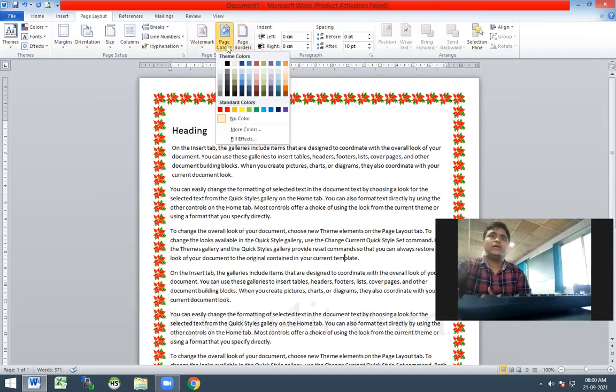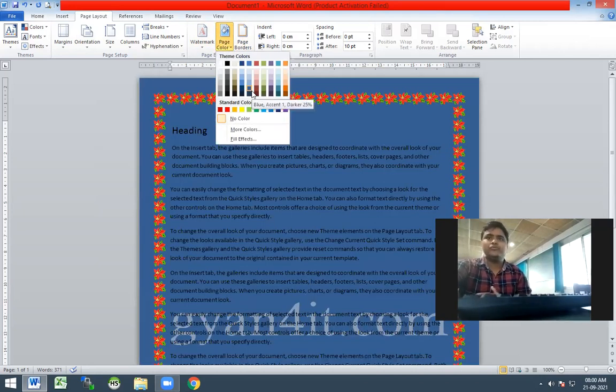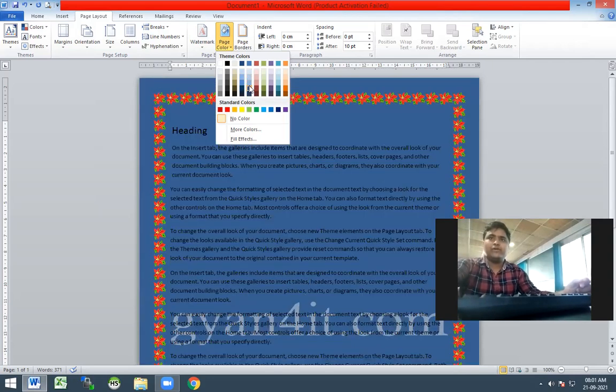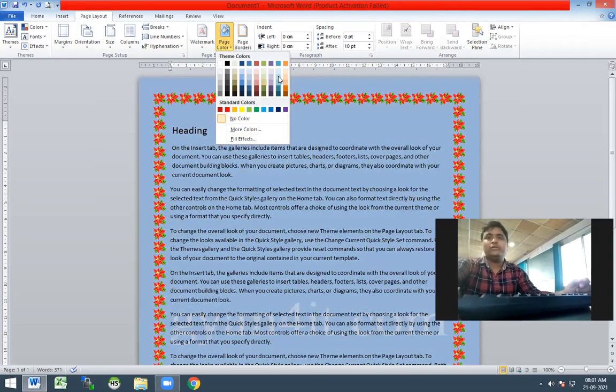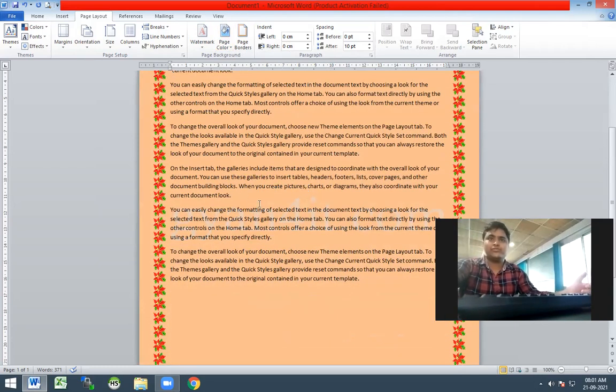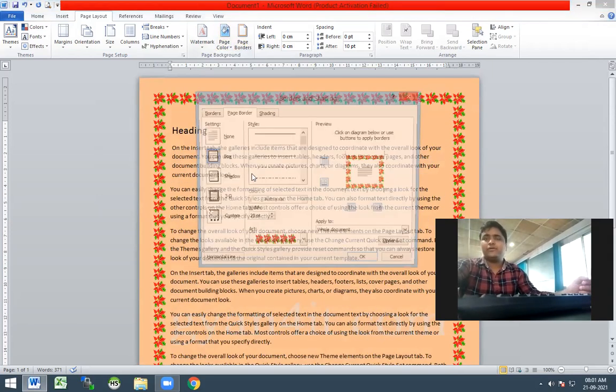Next one, the page color option. The page color option is normally used whenever you are going to design a decorative document. Otherwise, if you are working with contents like office documentation, then there is no need to do this, because documentation of the office level is generally in black and white format. But if you want to have digital documentation and going to share it over email or through other medium, then you can also decorate it using this. So this is one of the decorative approaches.